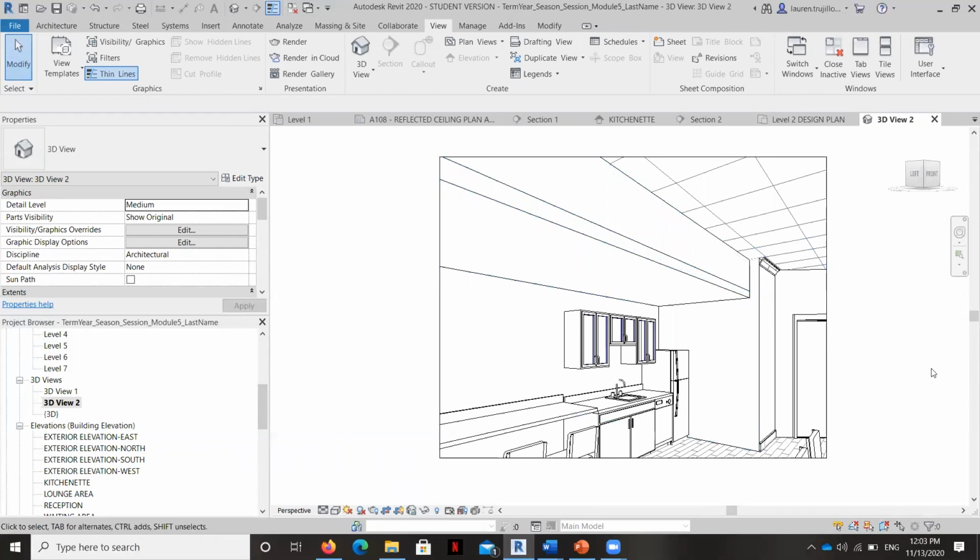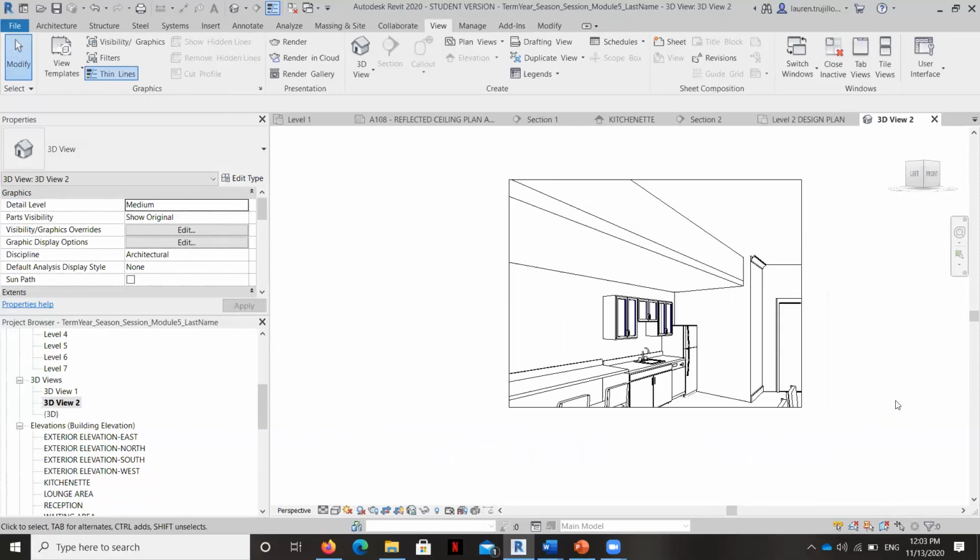So you can see here we have a beautiful soffit that meets up against an acoustical ceiling tile. And so you've got two ceilings at two different heights, and you've seen it both in a section view and an elevation view and in a perspective view. And we will be detailing it a little bit later on. But that's how you do it. And you would now have that wall type to create all different soffits if you wanted to add them anywhere else in your project. But now this is ready for either a really unique wall treatment or just some really nice recessed can lights, but that's how you do it. Looks good.